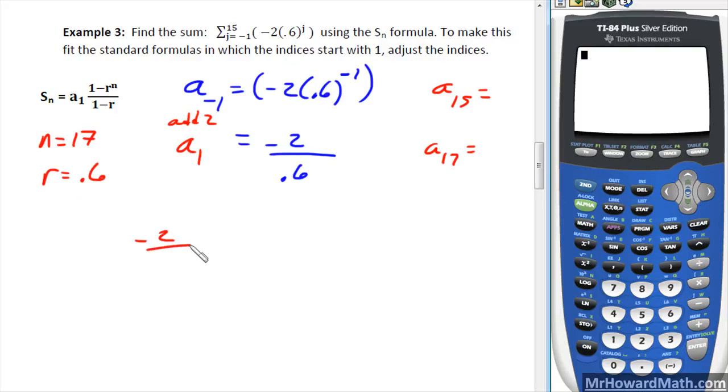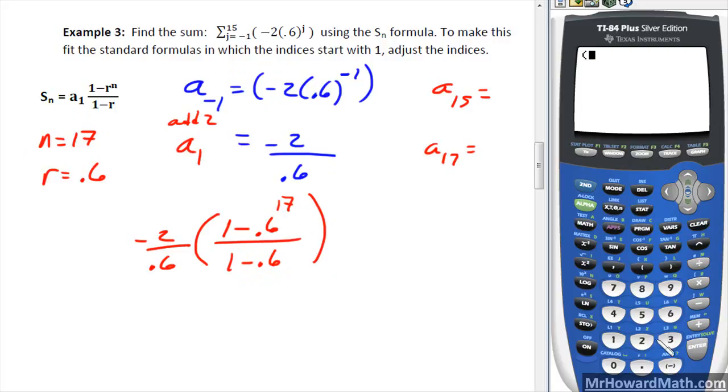So we have -2 divided by 0.6, that's this a sub 1, times the quantity 1 minus our r value, 0.6, raised to the 17th power, because that was our n value. Remember, we took this, we had to add 2 after our adjustment, and our denominator would be 1 minus 0.6. So I'm going to put that part in parentheses here,